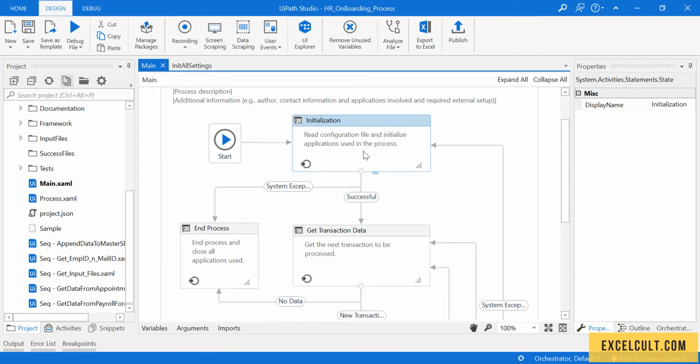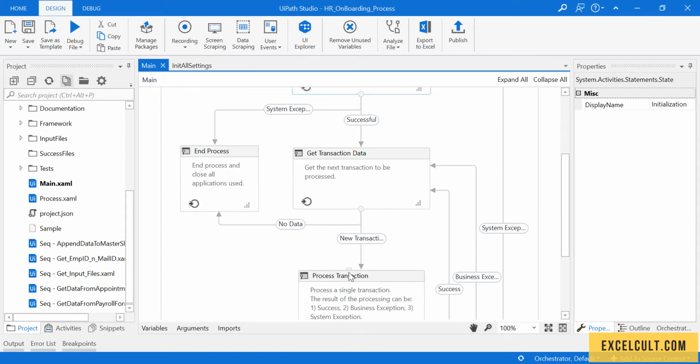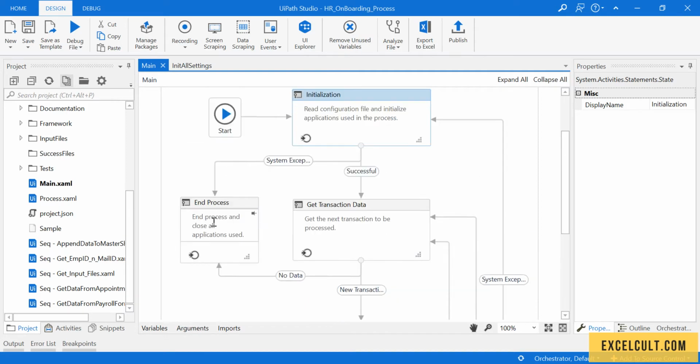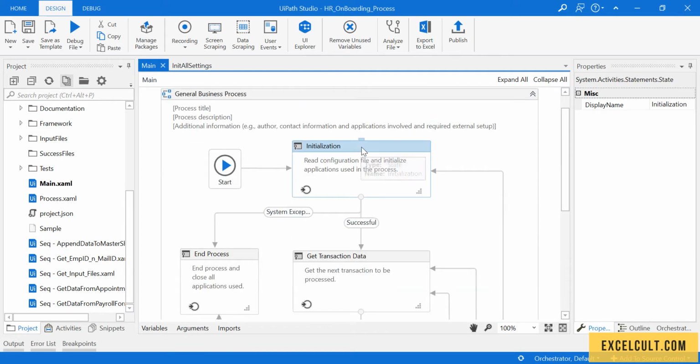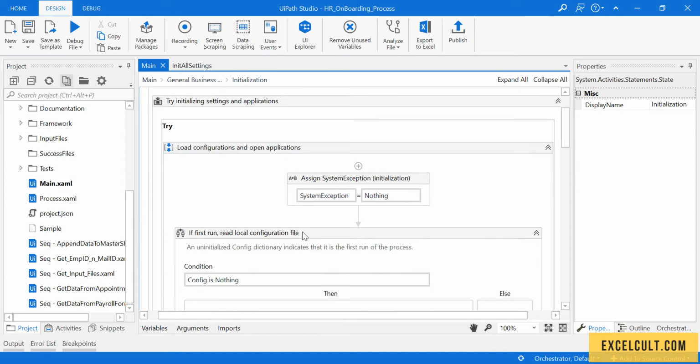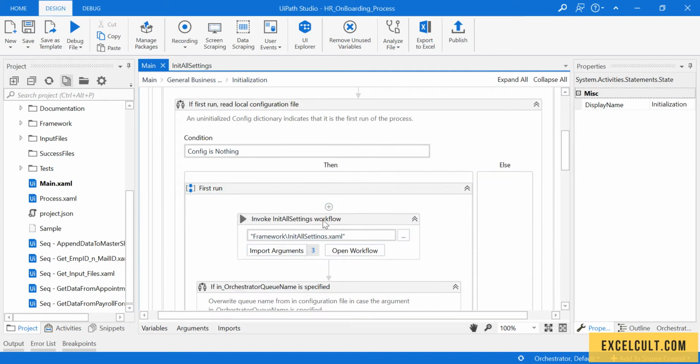Now we are back to the RE framework. As we can see, it has 4 states in it: initialization, get transaction data, process transaction, and end process. Right here, it will contain a block where the RE framework has got its own default XAMLs in which it